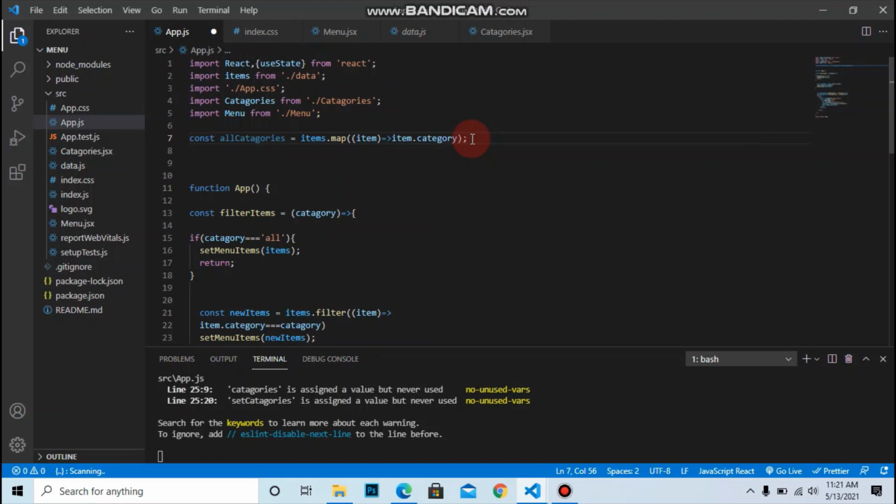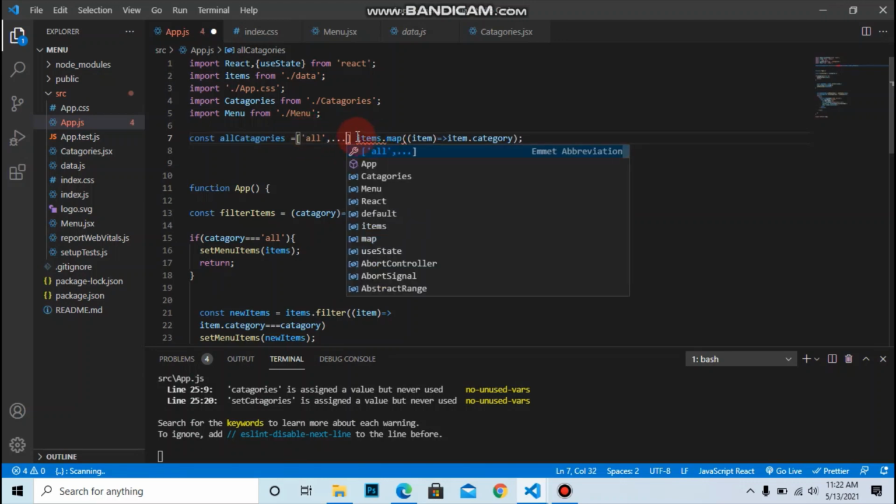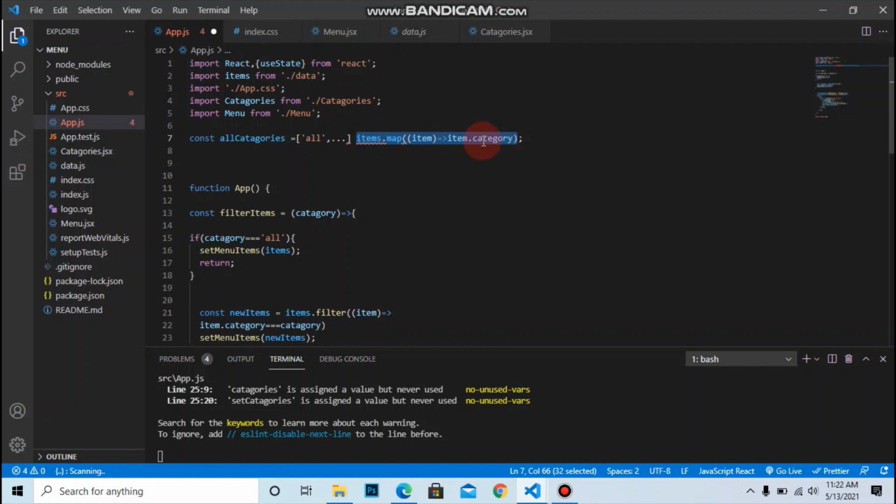We got this in an object form, so let's get it in array form. For this we use the spread operator, that is here we add the field object, that is all, and comma dot dot dot, and that will be replaced there.